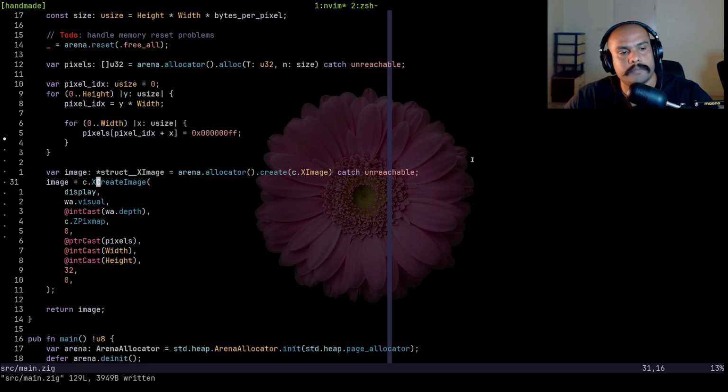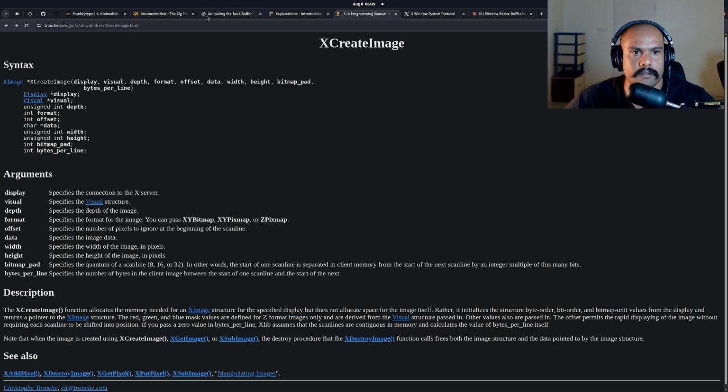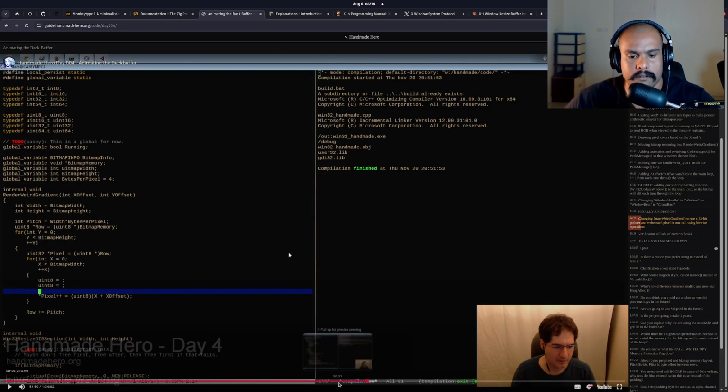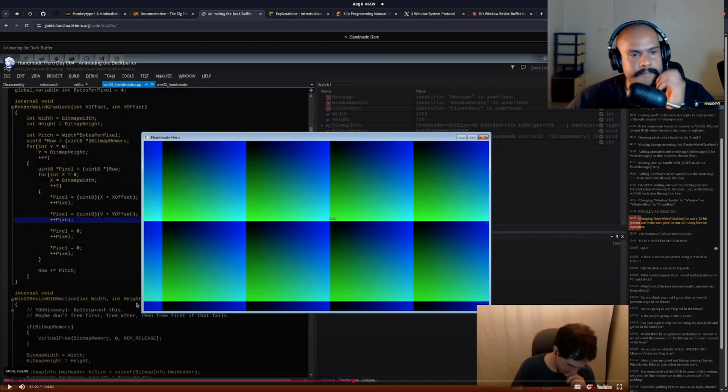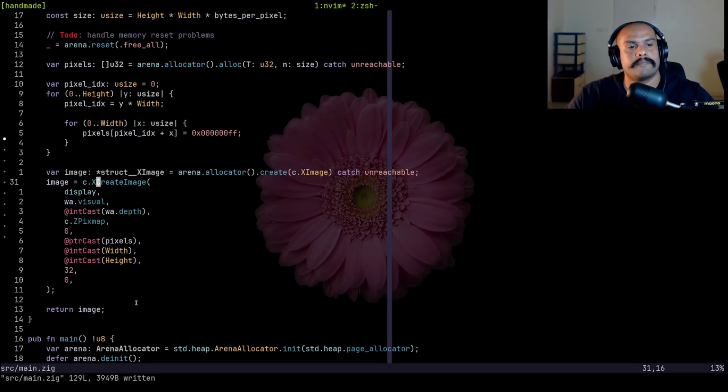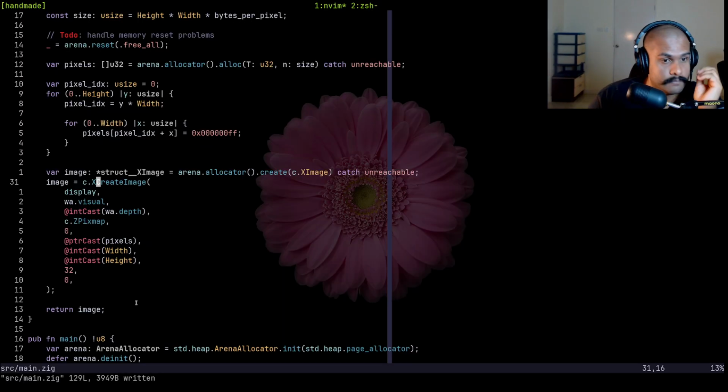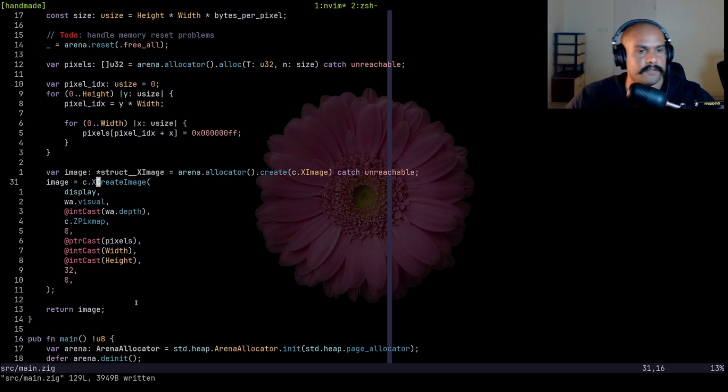So if I wanted to print a gradient, like that, I'd have to do it